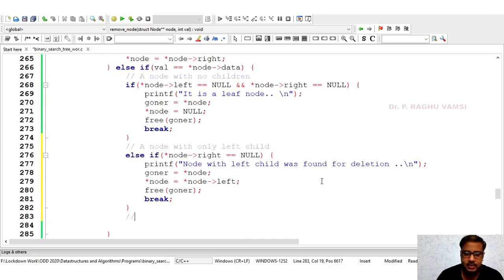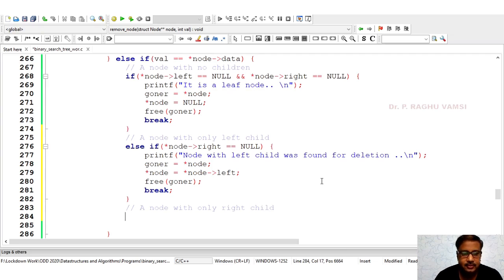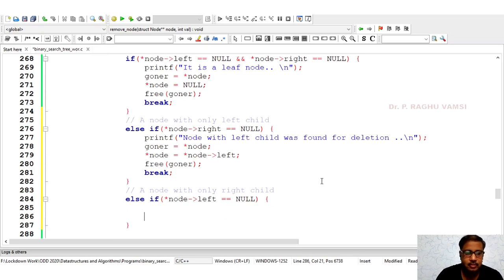Next is a node with only right child. That is else if star node left is equal to null, that means right is available. So we can use the same thing here.